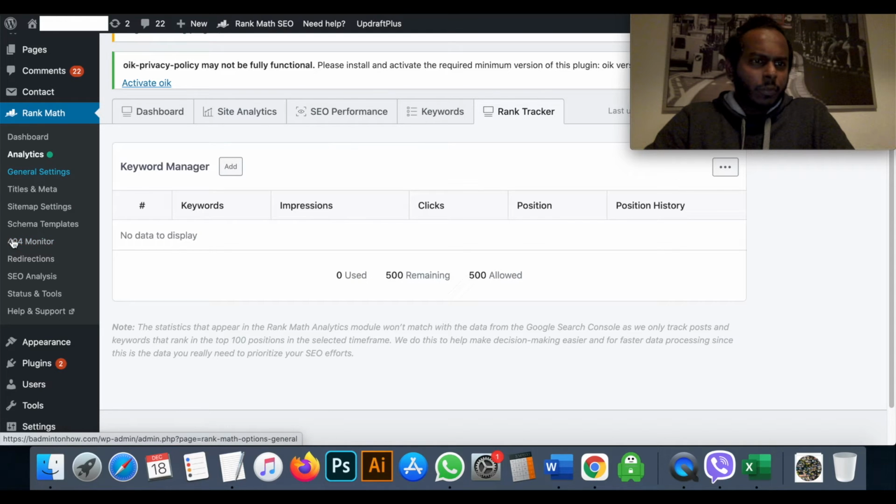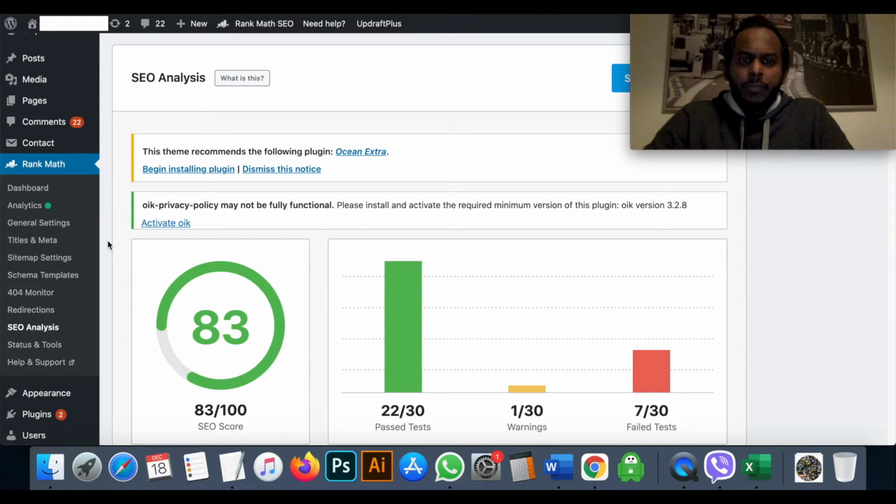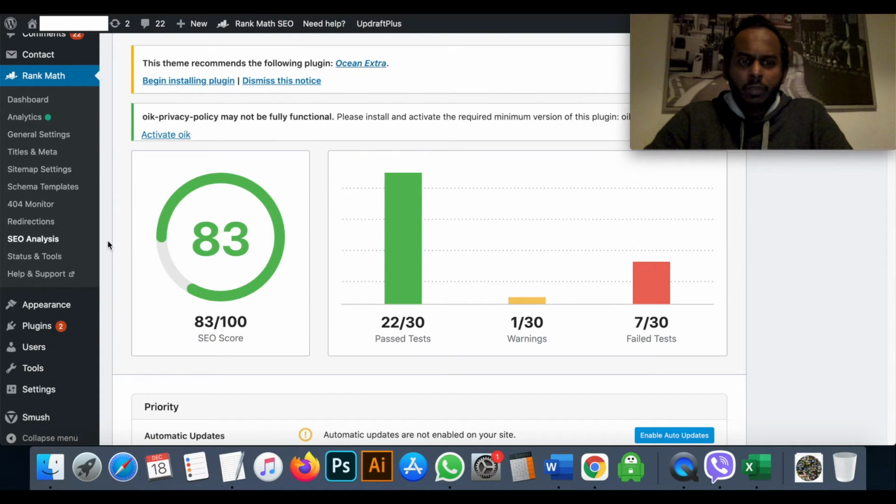And there are so many things. Titles, sitemaps. I mean, there are so many things, if they are working 100% correctly. So there is this tab called SEO analysis. Okay, that says an 83 SEO score.